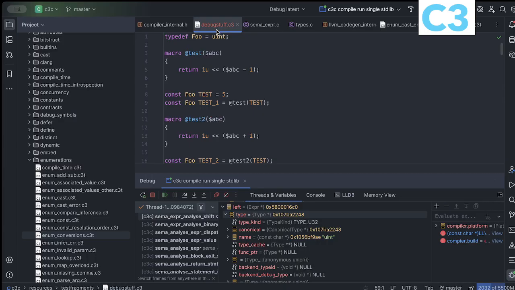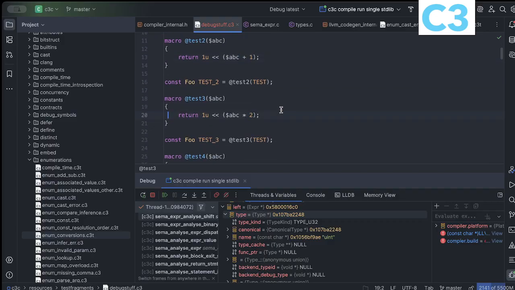let me look at these examples. If I'm just going to go for test2 here, right? So it's going to grab test, which is the constant, but test the foo, right? And add 1 to it, so it's still a foo on the right hand side. And then I shift something with a foo, but foo is not even inline here. And what I expect to get back is actually a foo, because I started with a foo on both sides, and it doesn't work. And the other one is still the same,